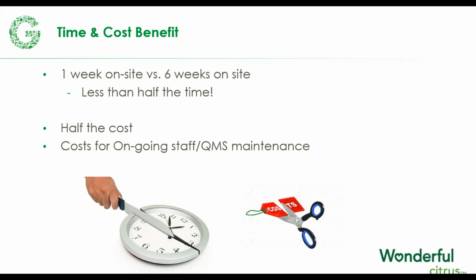The cost for our ongoing staff and our maintenance is minimal because we're doing it in a paperless fashion, and we find that we're just paying for that service. We're not having to print out a whole lot of documentation, and it's much easier to manage. So that's where we're at. That's how we got to decide to move over to option 2. I think it's one of the best options that we could have chosen in terms of an audit scheme. So with that, I will turn it over.